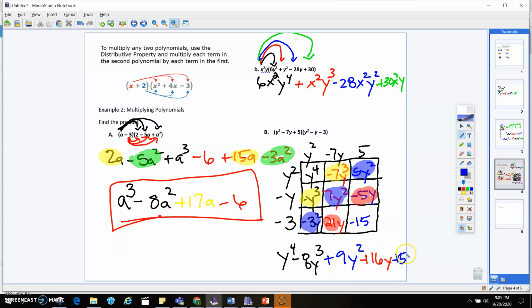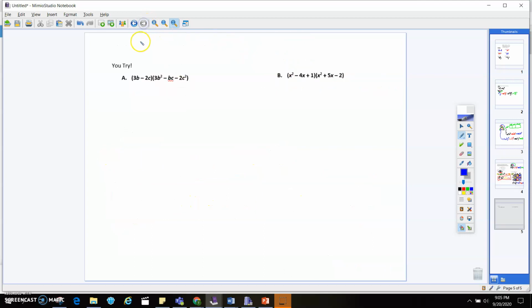Again, descending exponent order. So go ahead and take a moment, pause the video, or this video is actually going to run out. So try these on your own, and then you're going to check your work. Okay,